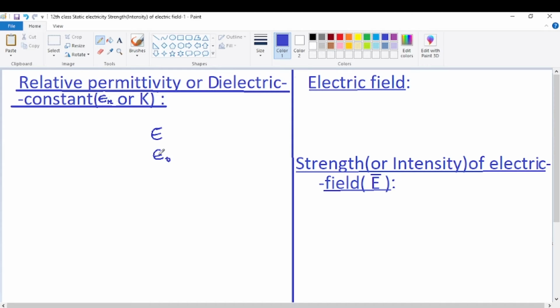Free space means air or vacuum. Permittivity of a medium means the medium is any general medium. Any liquid or any solid medium can be considered, but if only vacuum is considered, or even air. Now the permittivity of air or vacuum, exactly speaking, is the permittivity of vacuum. Free space means vacuum, but